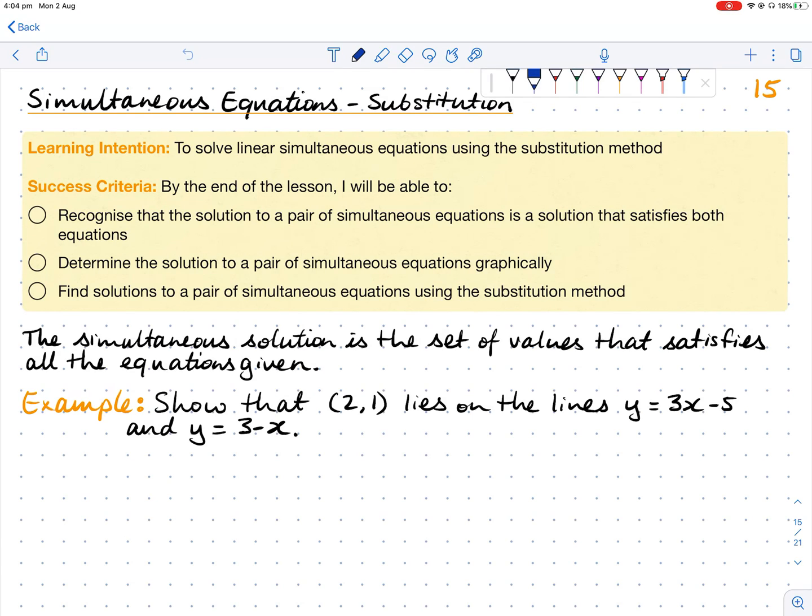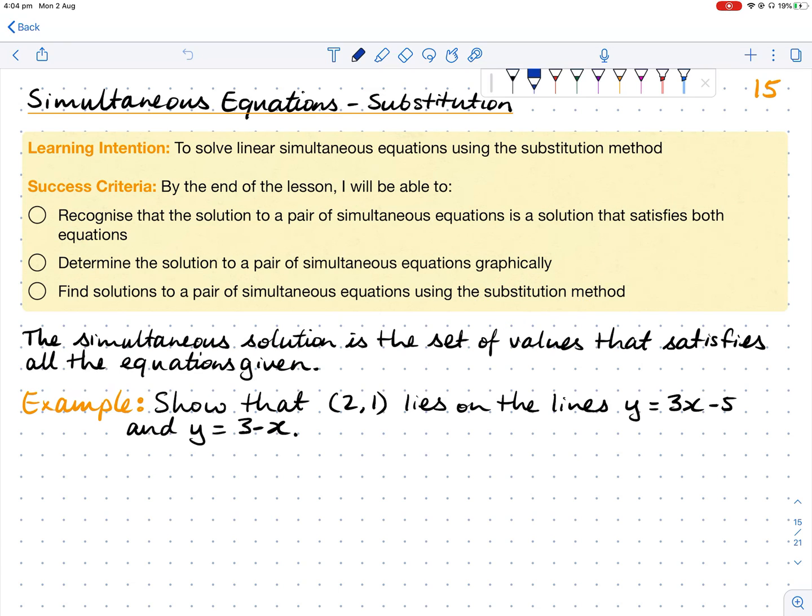Today we're looking at solving simultaneous equations, and more specifically, using the substitution method. So that's pretty much our learning intention today. We want to be able to solve a variety of simultaneous equations using this substitution method. By the end of this lesson, we should be able to understand what it means to solve simultaneous equations, and then also look at determining simultaneous equations by graphing them, but also finding the solution algebraically and using this